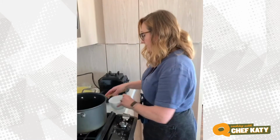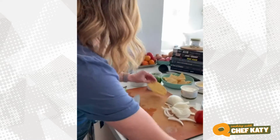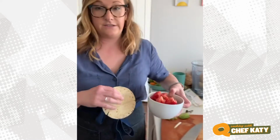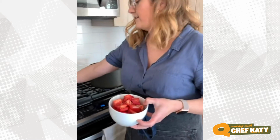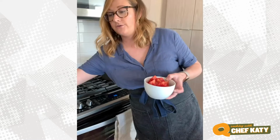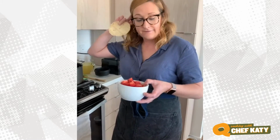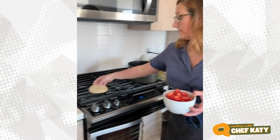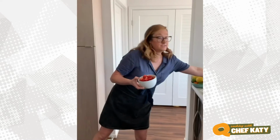While those are cooking slowly, I want to show you two other things. So the other base for this soup is tomato. Now, when I make this at home in non-COVID days, I use canned, diced, fire-roasted tomatoes. I have some fresh tomatoes that were sitting on my counter that were about to go bad. So I'm going to use these, but I do like the flavor of the roasted tomatoes better. So that's normally what I would use. So I'm going to just dump these in my blender